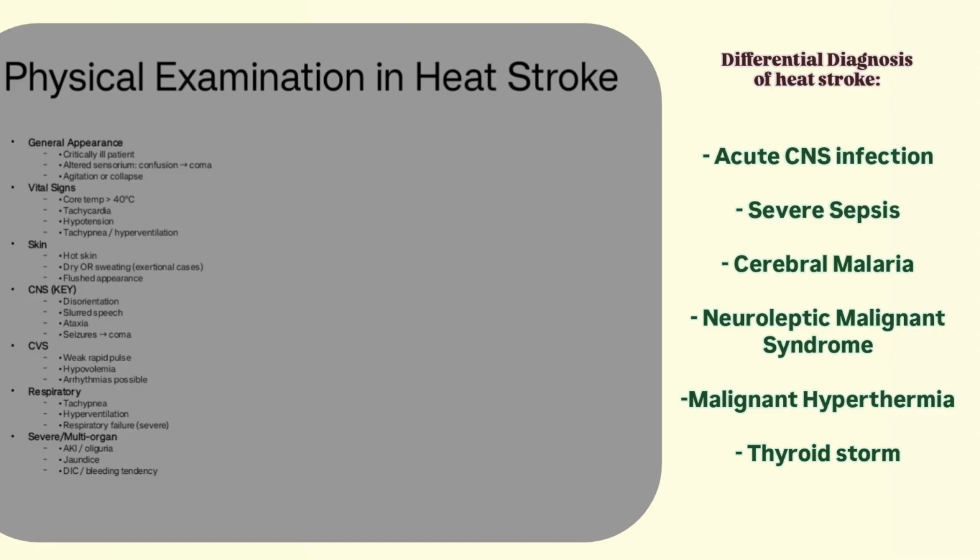CNS symptoms will be the key to differentiate between heat stroke and heat exhaustion. There will be disorientation, slurred speech, ataxia. There may be seizures. Then CVS symptoms will be there, weak rapid pulse, hypovolemia and arrhythmia is also possible. Then respiratory symptoms include tachypnea, hyperventilation. Respiratory failure may occur in severe cases. Then multi-organ failure, as we have discussed in the physiological effects of hyperthermia. There may be multi-organ failure, acute kidney injury, oliguria, rhabdomyoglobinuria, jaundice, then disseminated intravascular coagulation and bleeding tendency due to